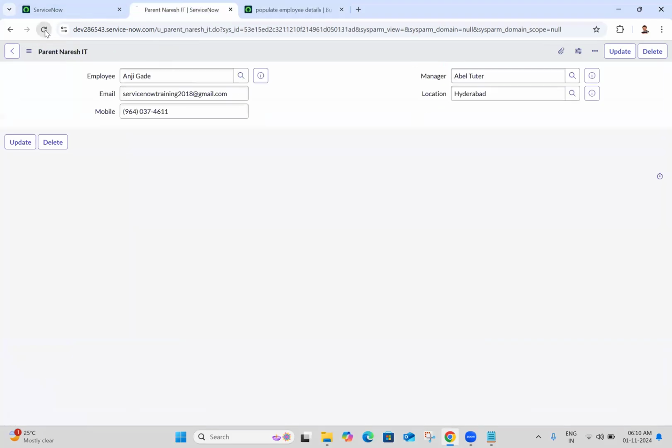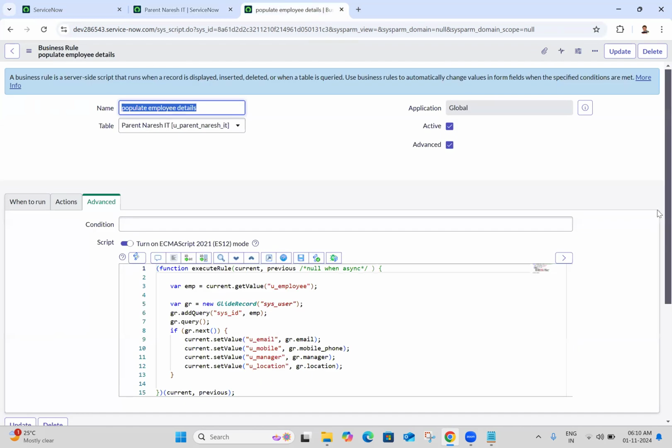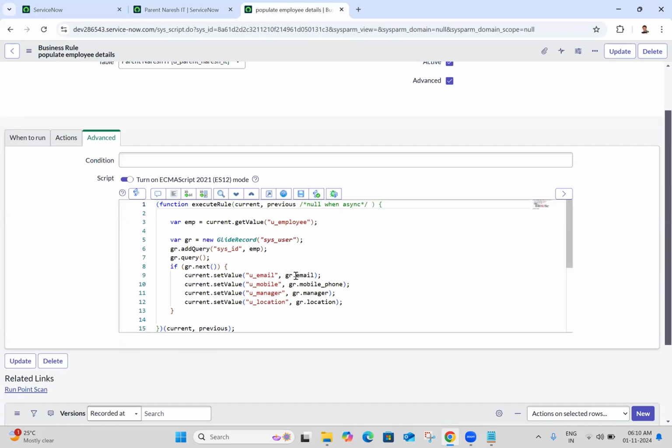Then come and refresh here. Here I'm selecting Anusha user. I'm just saving the record. You can see data will be populated. You can see Anusha's email ID, manager, location, like that. So even here, if you want to write the getValue method, you can write getValue. Maybe I'm writing now getValue of